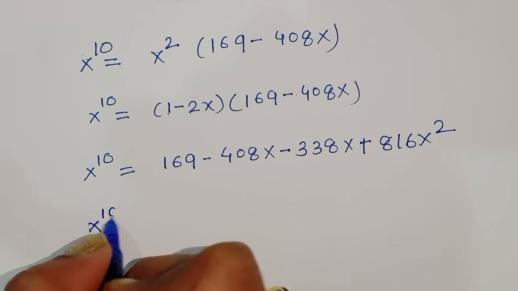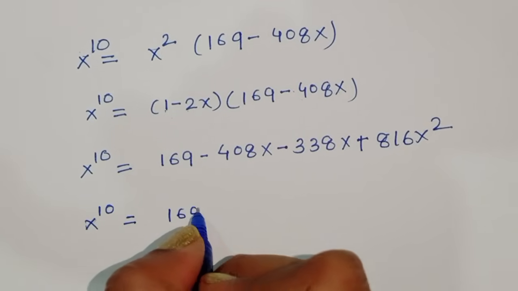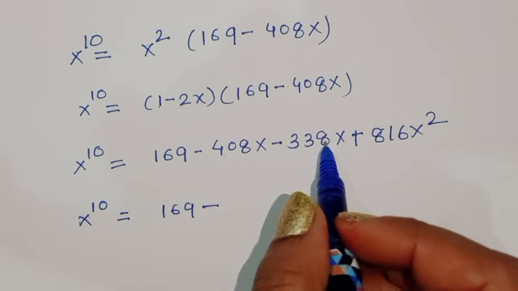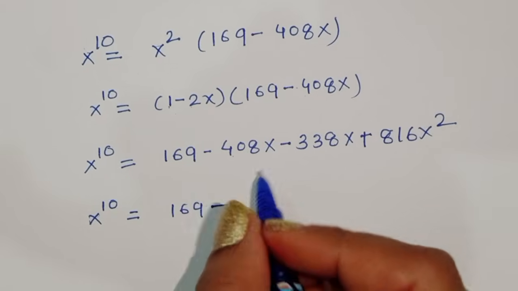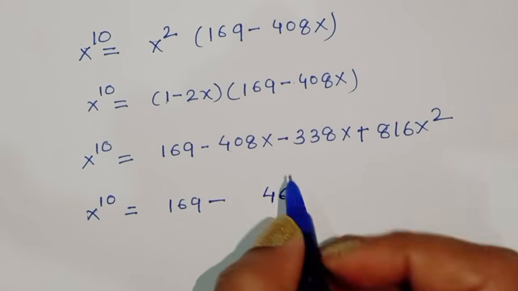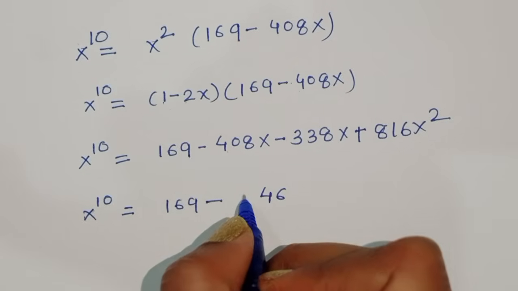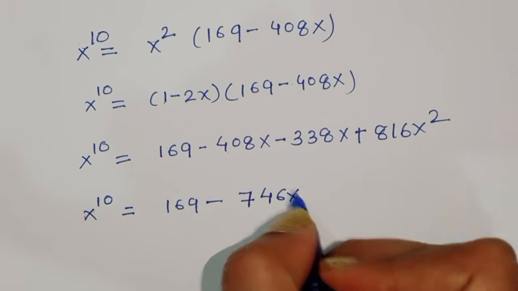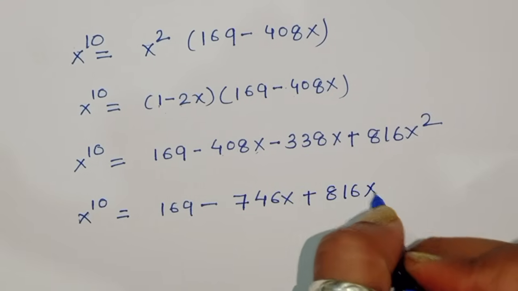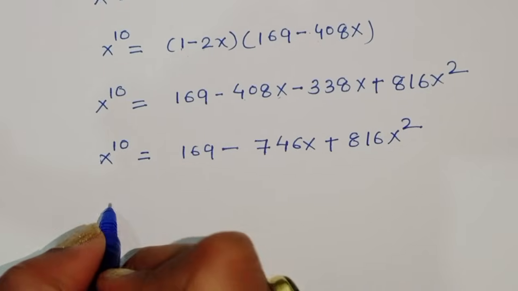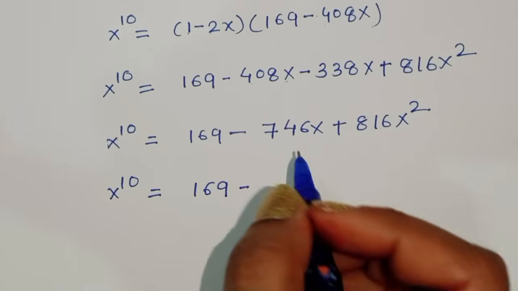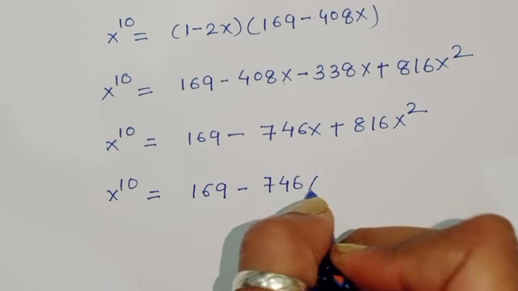Now x power 10 is equal to 169 minus, now we have to add these terms, 408 and 338x, so we add 8 plus 8 is 16, so it will become 6, and here 3 plus 1 is 4, and it will become 7, right? 4 plus 3 is 7, so minus 746x, because this is the x term, plus 816 x square. Now x power 10 is equal to 169 minus 746x plus